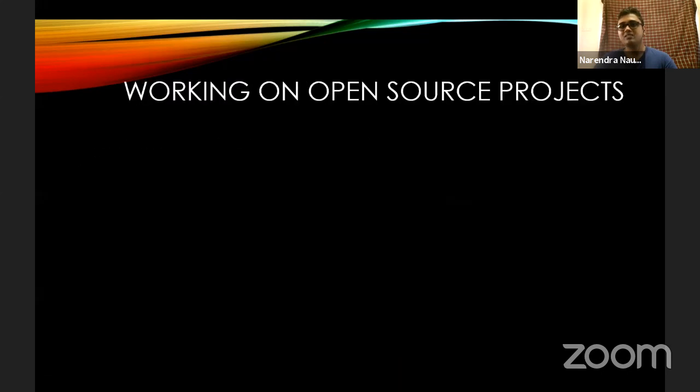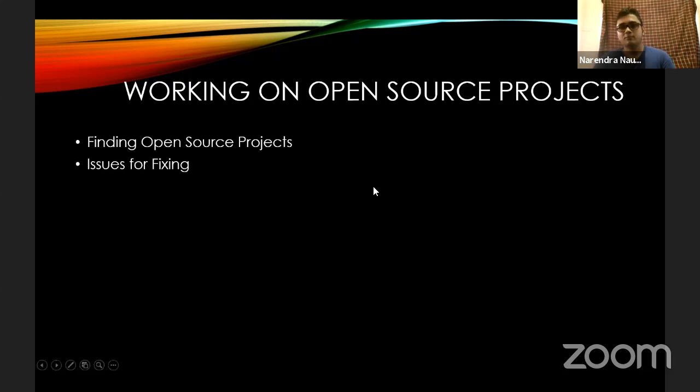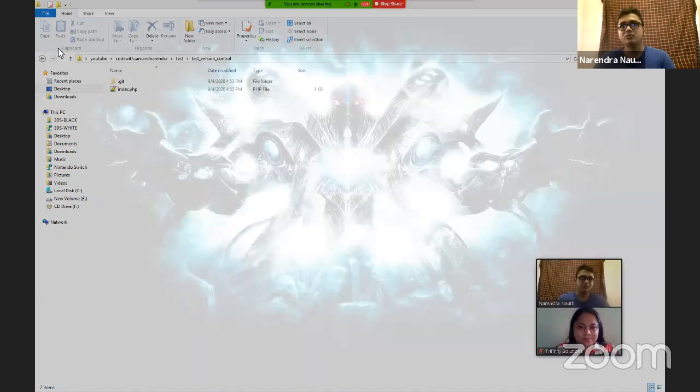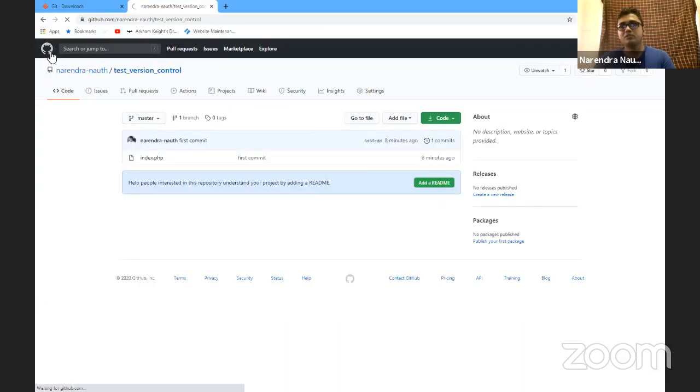So let's look at working on some open source projects. I created some examples for this, but before getting to that, I want to look at how, say for instance, you're interested in working on an open source project, how do you find one? So I'll segue from the PowerPoint here as well. If you notice on GitHub, if I go to the home page,